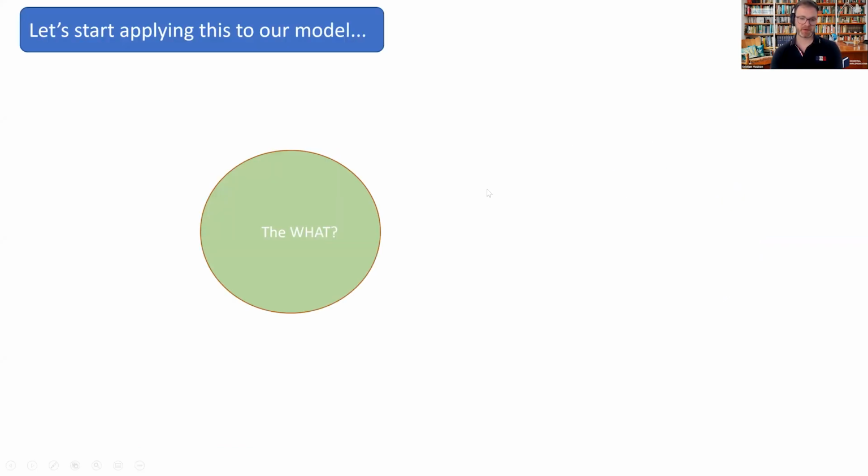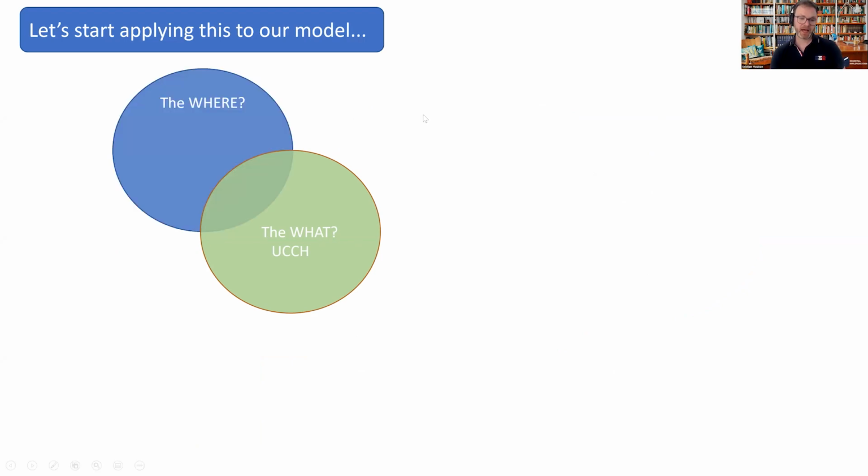So the first part of the model is the what. Well, we know that's the Unscheduled Care Coordination Hub. So we now have our intervention, our change process, we've got it. And so now the where, well, in this case, it was just one ICB. That's an integrated care board. There are lots of these boards across the UK, and they're responsible for health services and healthcare within specific geographical